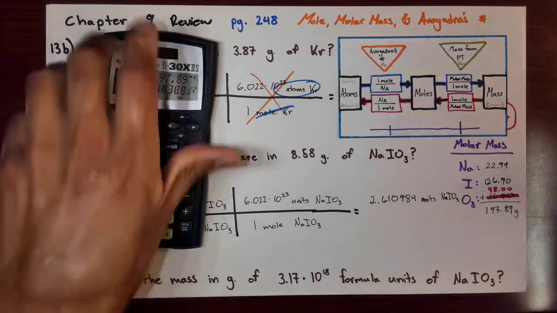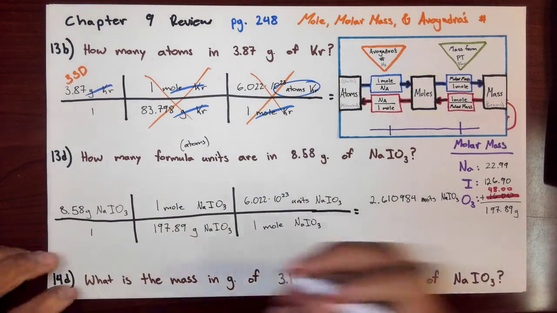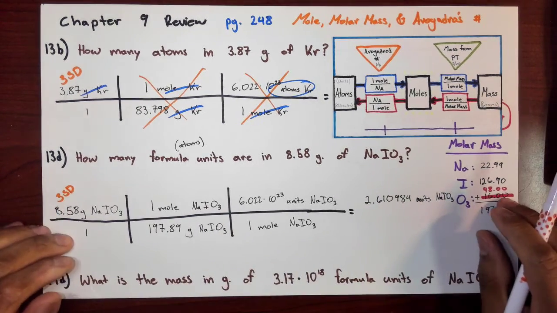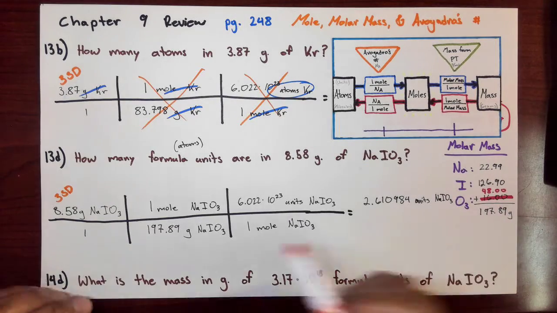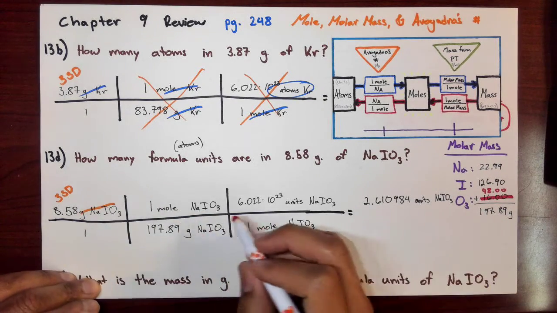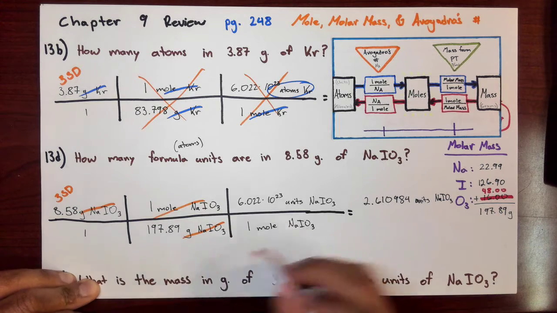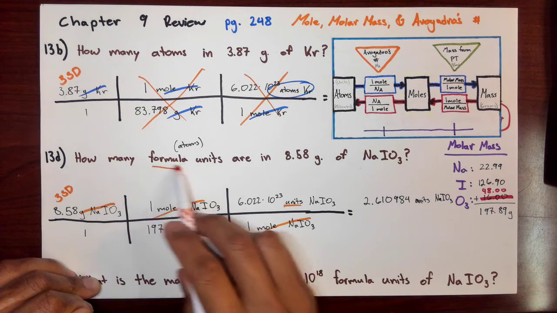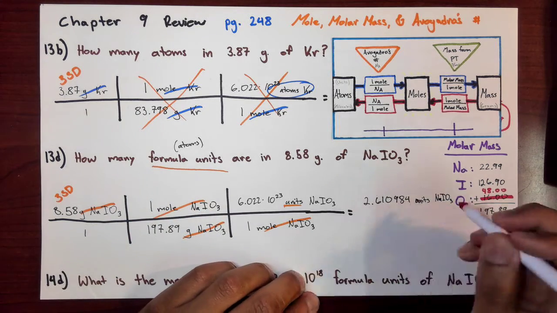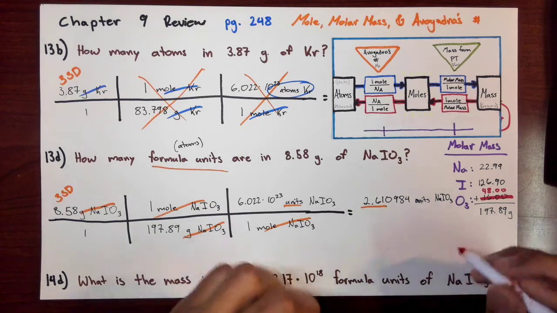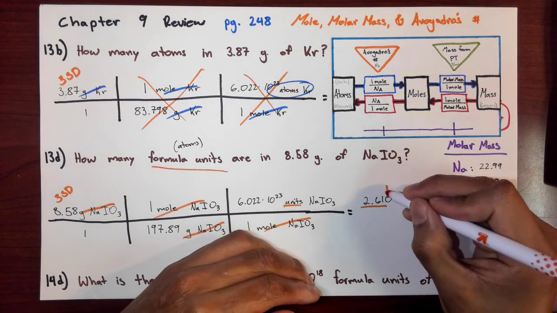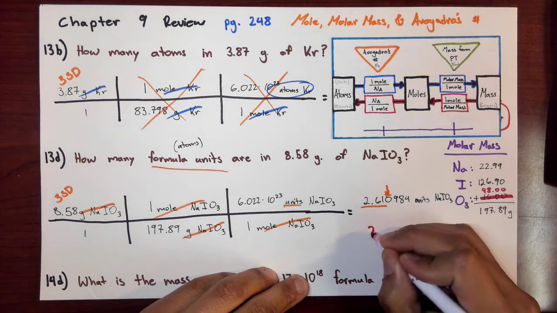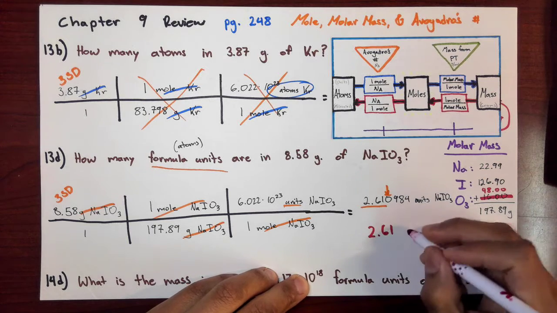That's what we have, but we have to look at the significant digits. We start off with 3 significant digits. It's not always going to be 3 significant digits, but by design, most of these problems are in 3 significant digits. We cross out what we don't end up with. We finish with formula units, which is what we wanted. With 3 significant digits, 4 or less, we let that rest. So our final answer is going to be 2.61 units